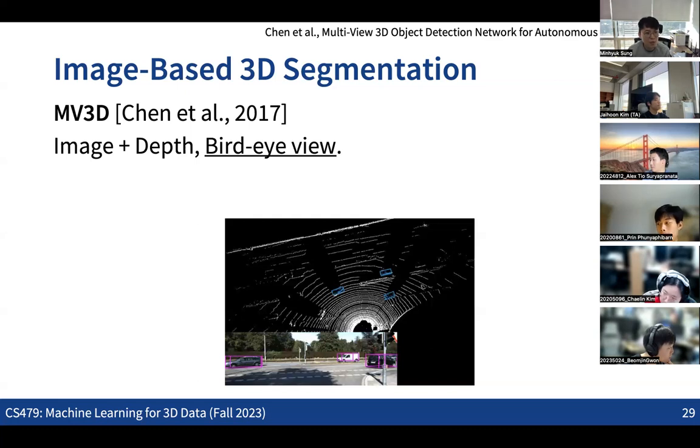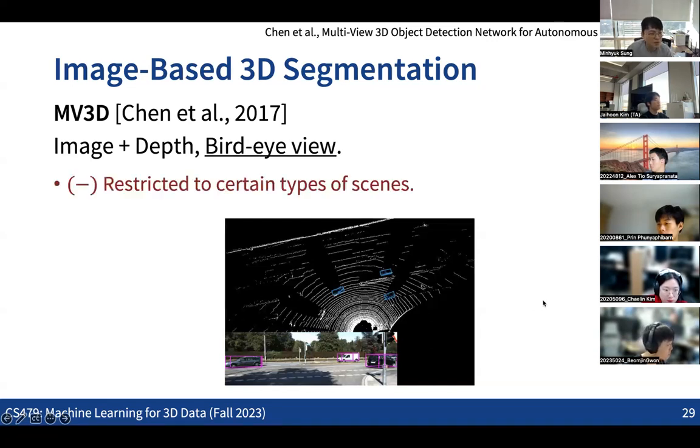If we want to handle more complex scenes with more complicated arrangements of objects, having just one view of the 3D things will be very limited in detecting all the objects. So this might only be okay for certain types of scenes, like outdoor scenes.